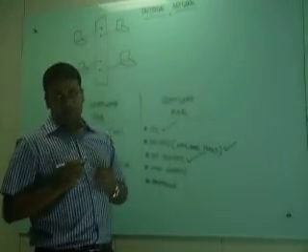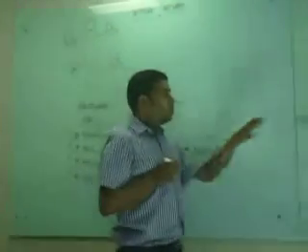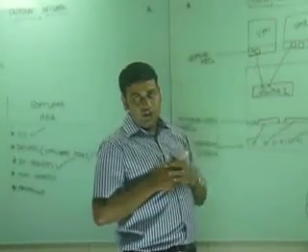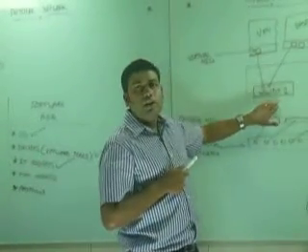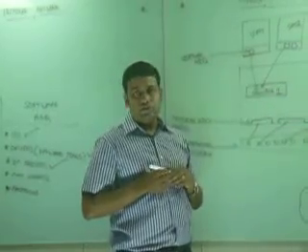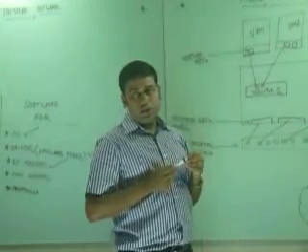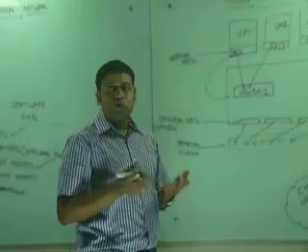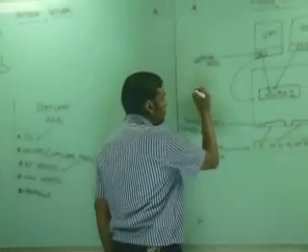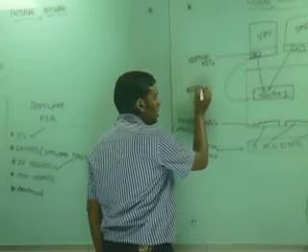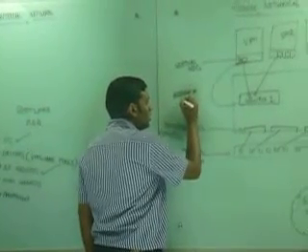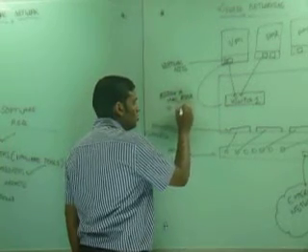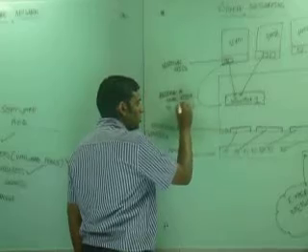Now coming to the MAC address. When you create a virtual machine and you assign a virtual NIC card to it, the VMkernel assigns a virtual MAC address to the virtual NIC card. It uses a hashing mechanism to generate a MAC address. So let's just make a note of it. Assign a MAC to the virtual NIC.